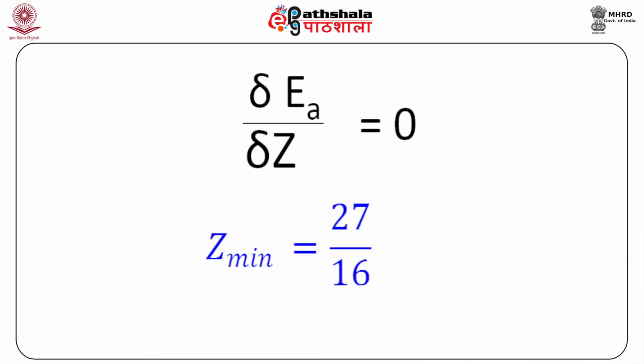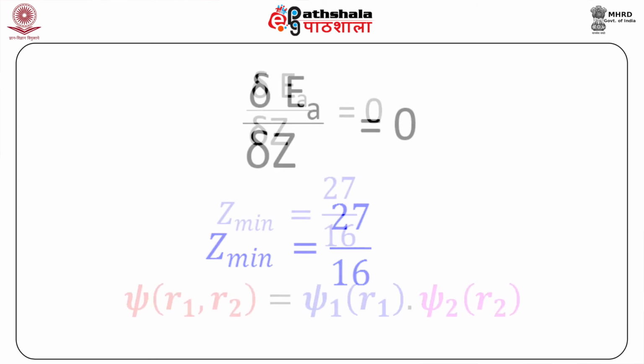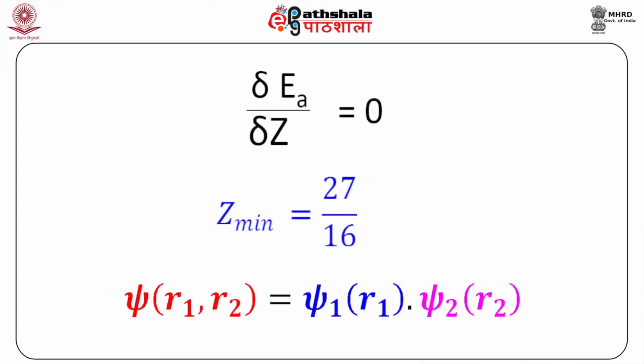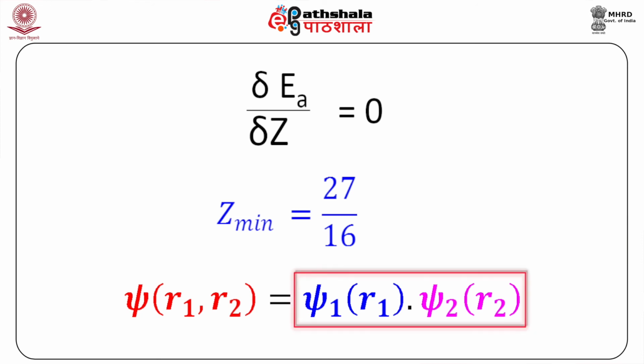Also, we know that helium atom is a 2 electron 3 body system, while hydrogen is a 1 electron 2 body system. But if we ignore the inter-electronic interaction in helium atom, the ground state wave function for helium atom can be taken as product of individual electron wave function. That is, it can be approximated as product of individual hydrogen-like 1 electron wave function as shown in equation 19. Psi naught is equal to psi 1 r1 into psi 2 r2.